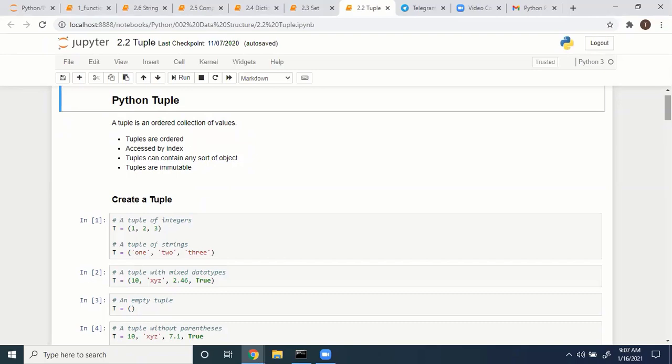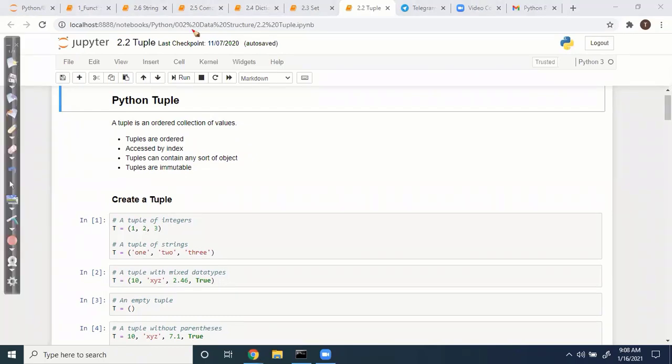Why we are seeing all these things is that whenever you are doing any data work in coding, these objects are very important. That is the main thing. That's why we are seeing these kinds of data collection objects, data structures. So, we know about tuple. We have already seen enough about list.